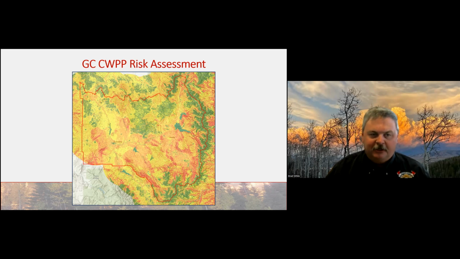One of the things I like is obviously around the populations and the communities: the town of Granby, you see marked there, to the south the Fraser Valley, and Grand Lake to the north, and along the central corridors there's a lot of red. In our opinion, that's where the homes are and the communities are, and the infrastructure that supports them, and the travel and transportation corridors. So that makes sense. But one of the other things I like about the output data is there's a lot of green in there. There's a lot of places where fire could bring a positive